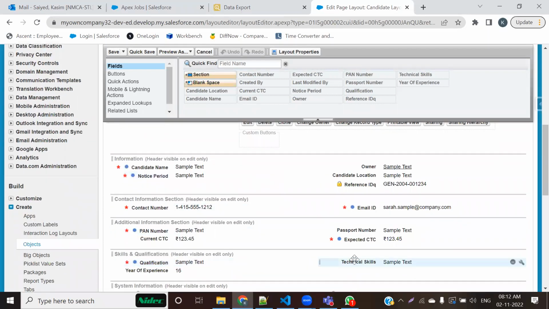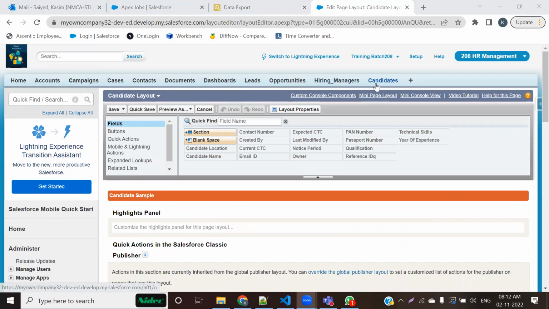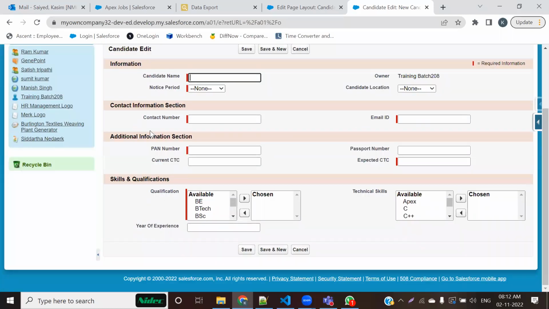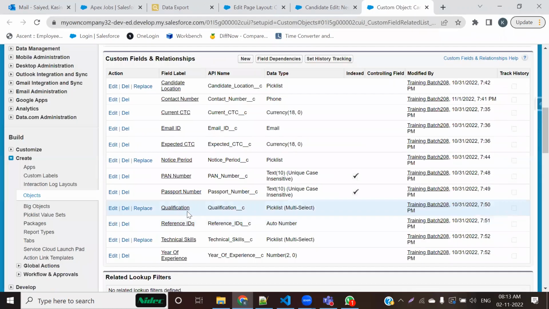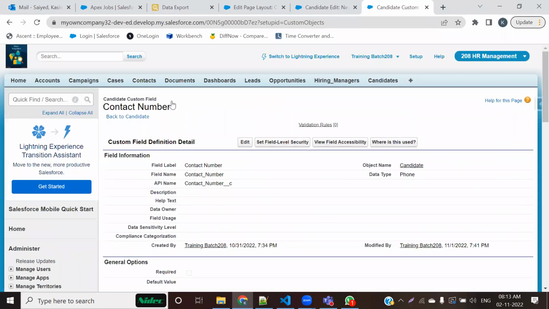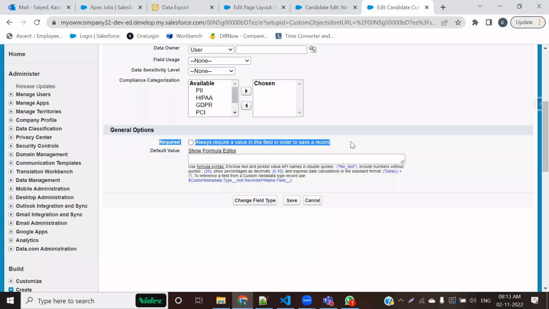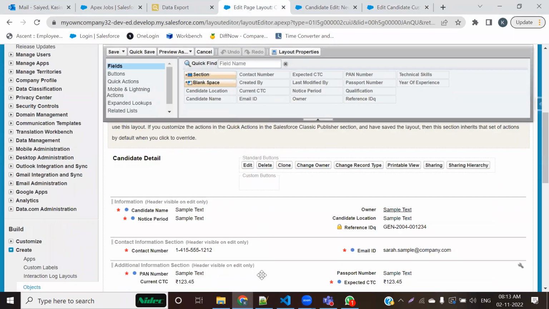कॉन्टैक्ट नंबर. ठीक है? अभी मैंने इस कॉन्टेक्ट नंबर को, पहले ये रिक्वायर्ड था, अंडरस्टैंड वन थिंग, कैंडिडेट ऑब्जेक्ट पे कॉन्टैक्ट नंबर सीम्स टू बी अ मैंडेटरी फील्ड, अभी भी मैंडेटरी दिख रहा है ये। क्यों दिख रहा है, आई एम टेलिंग यू द रीजन। अभी मैंने क्या किया, व्हाट आई डिड इज लाइक आई गो टू द प्रॉपर्टीज ऑफ दिस कॉन्टैक्ट नंबर, एंड फ्रॉम हियर ऑल दो मैंने रिक्वायर्ड हटा दिया है, बट स्टिल इट सीम्स टू बी मैंडेटरी। ऐसा क्यों है, आई एम टेलिंग यू द रीजन, वहां तक मैं पहुंचता हूँ।